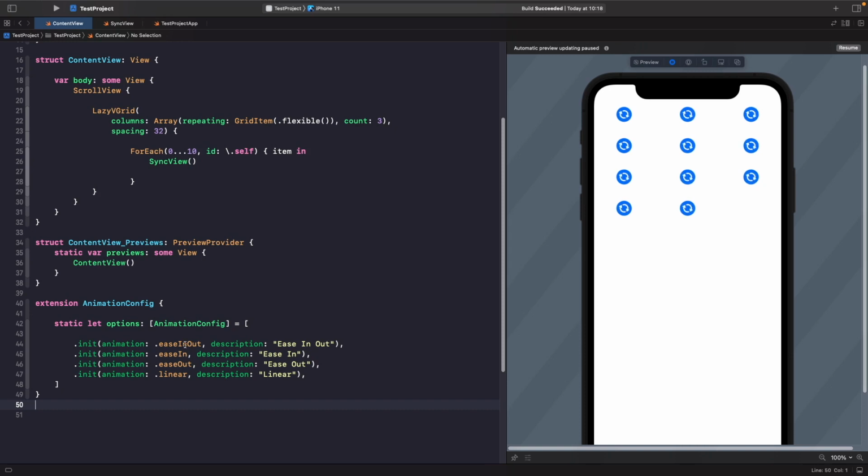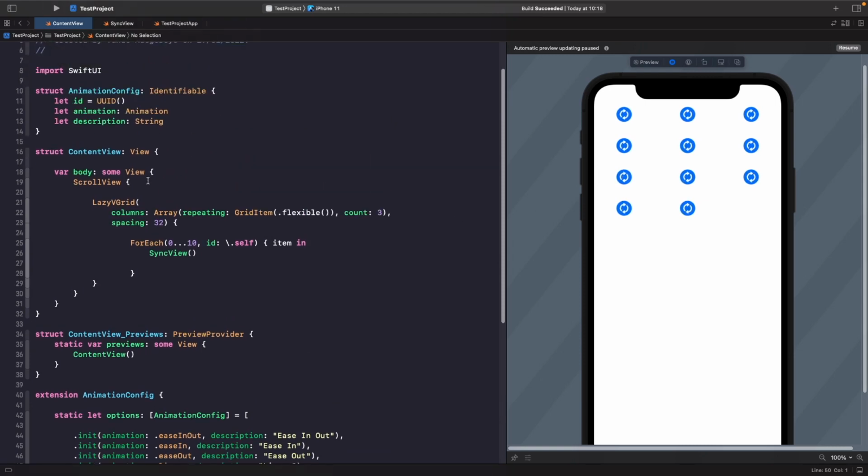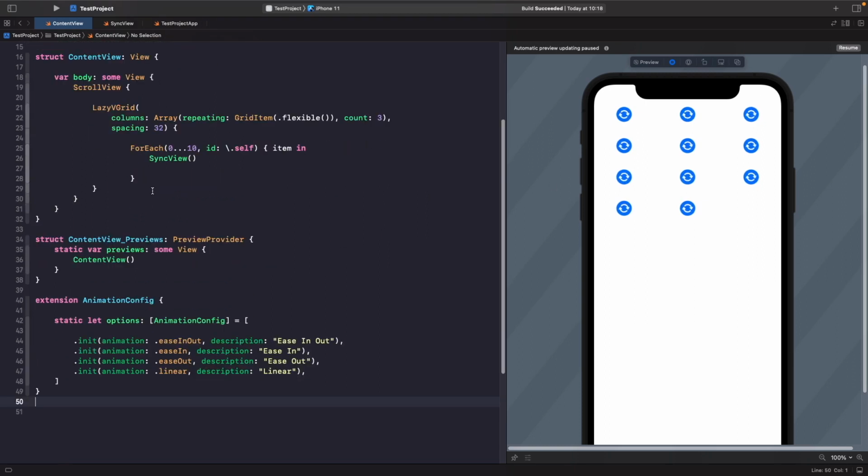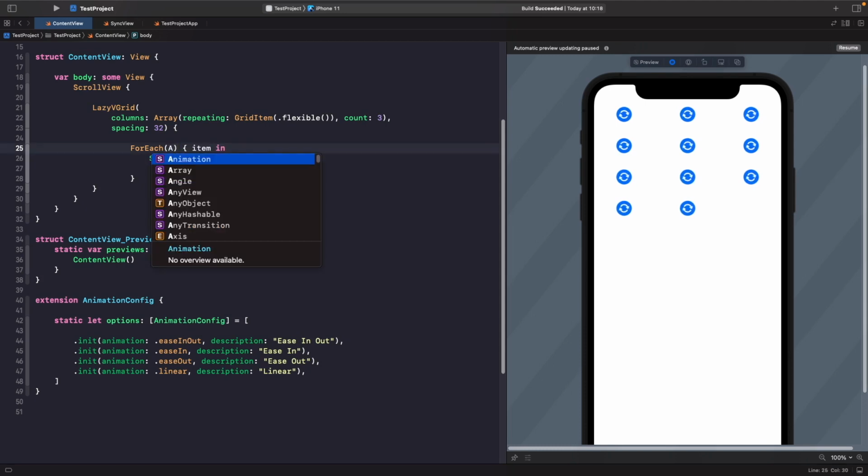And we're going to add in more animations here that will appear on our grid. So now that we have our source of truth for all the animations that we want on our screen, what we're going to do now is actually pass this directly into our for each rather than using a hard-coded range. So let's replace all of this, because we don't need the ID self because our animation config is already identifiable. And instead, let's just say animation config